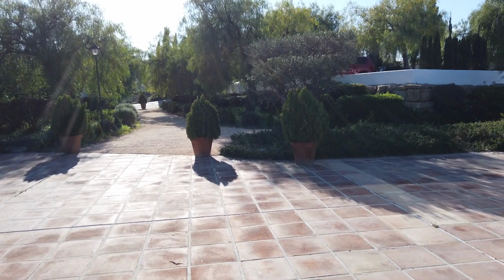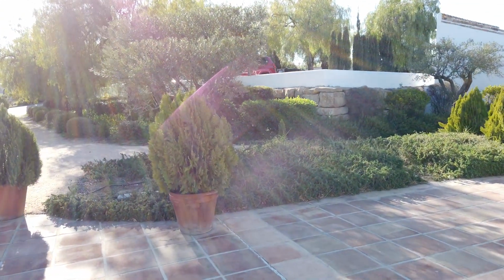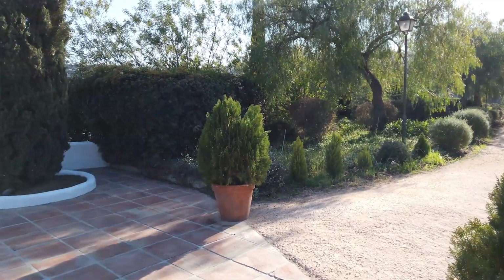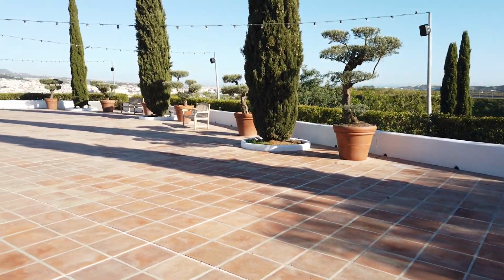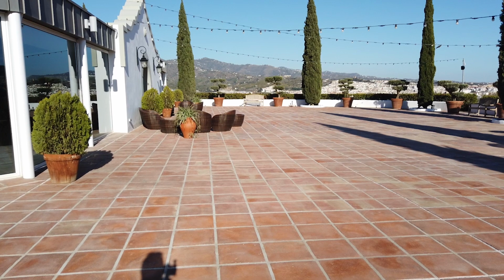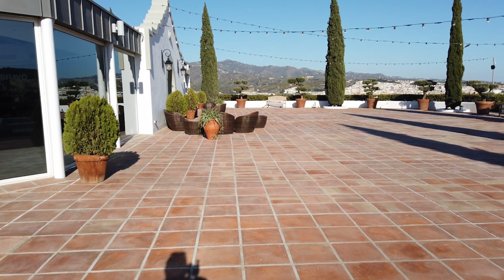Okay, so that is the indoor, or the wedding zone, if you like. Pretty all the way around. It's purposely made for weddings, and like I say, it is one of the most popular venues in the region. The terrace is massive. I mean, it is huge. You probably get that from here, but